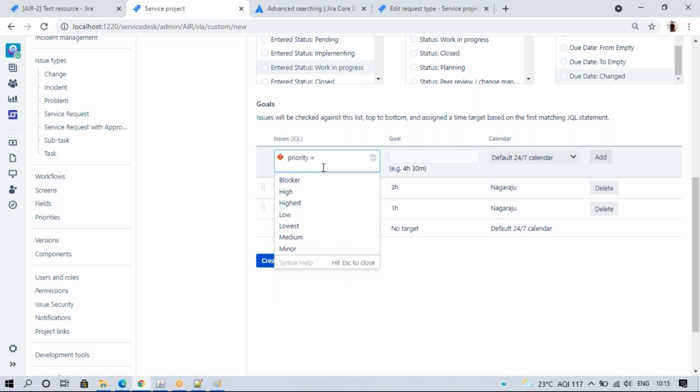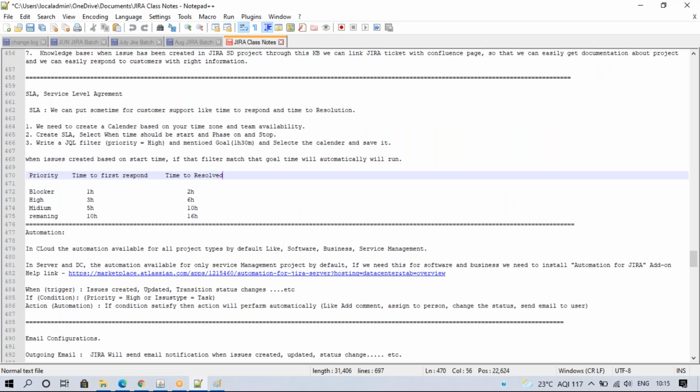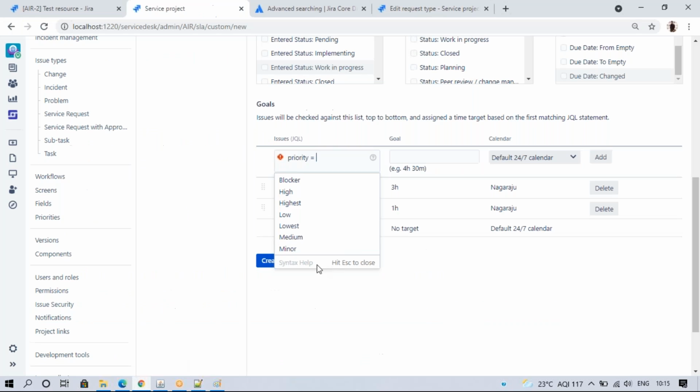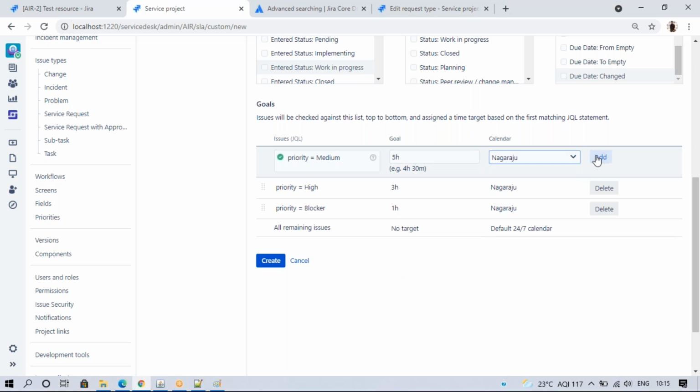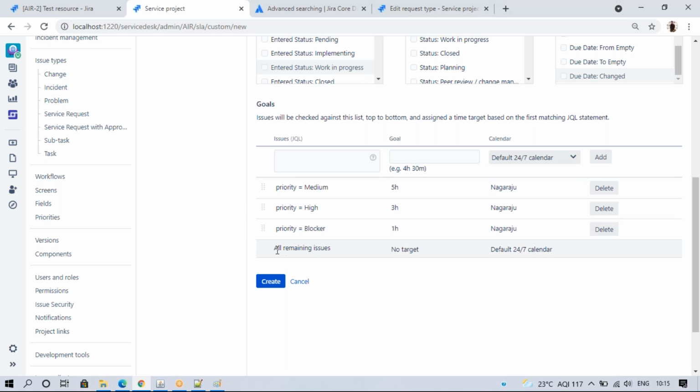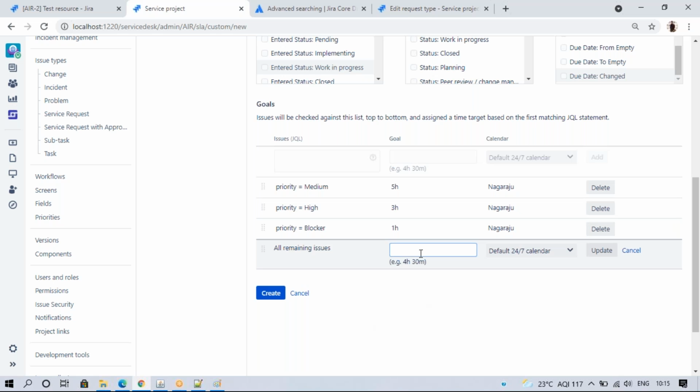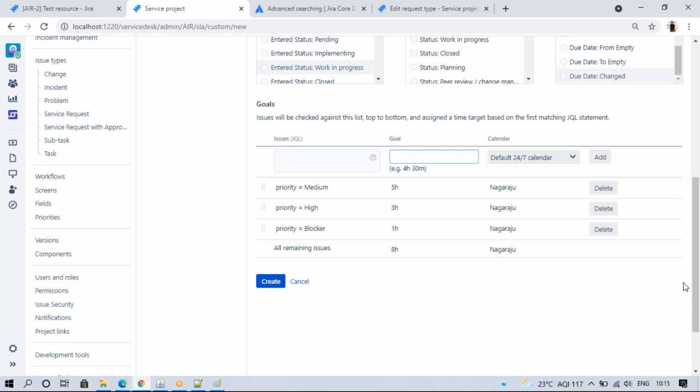Priority equal to, but they still have medium remaining. Medium, 5 hours. Remaining means all the remaining issues you can see below. Except these 3, if any ticket of any priority is selected, there is no target, but we can set it, suppose 8 hours. Calendar same, update.